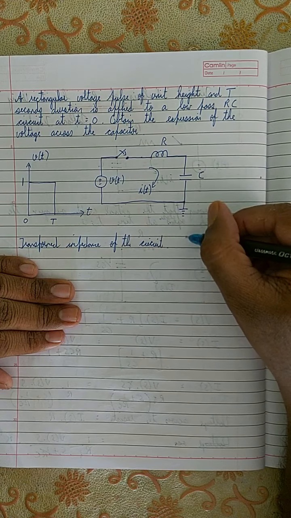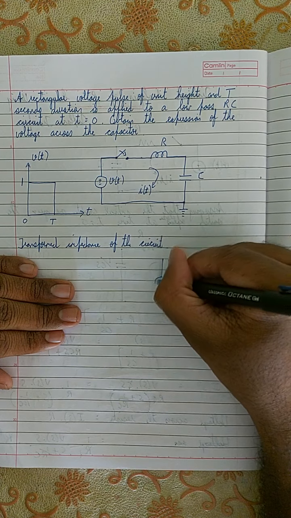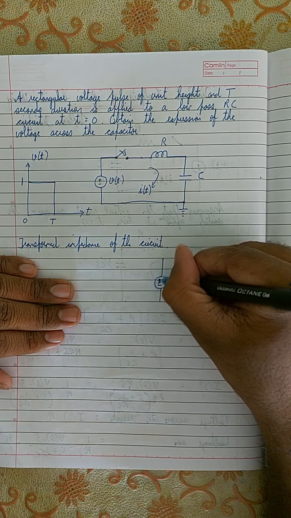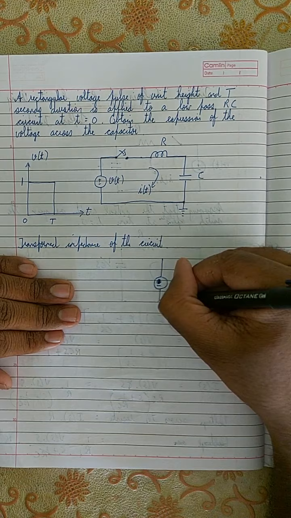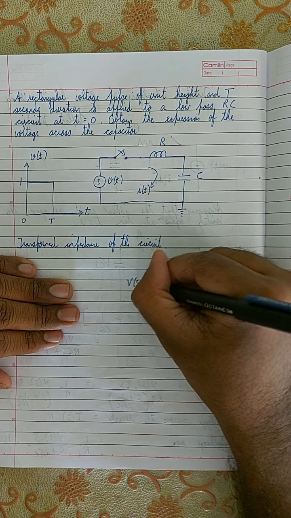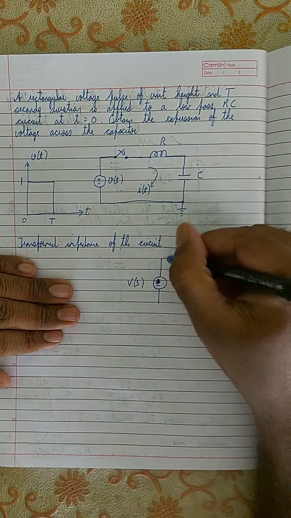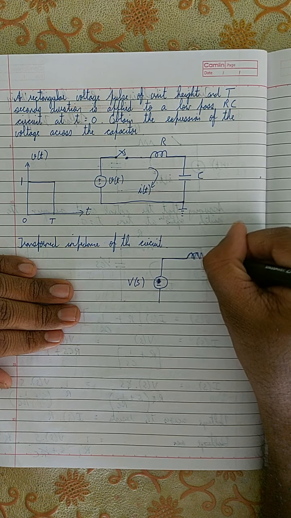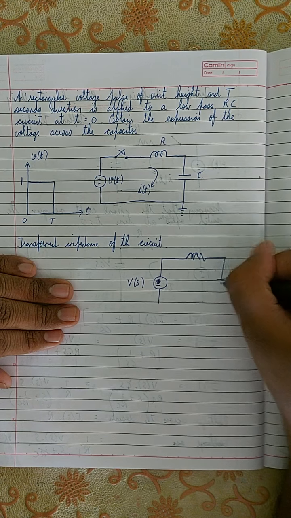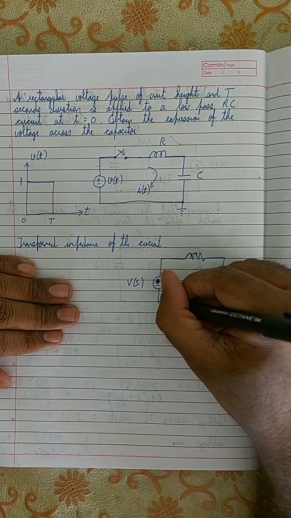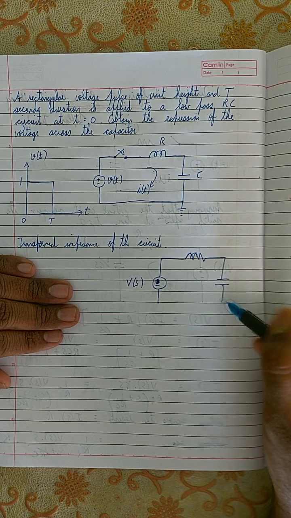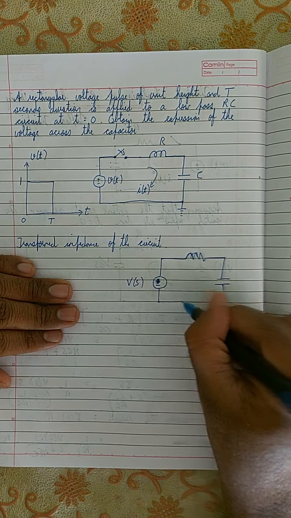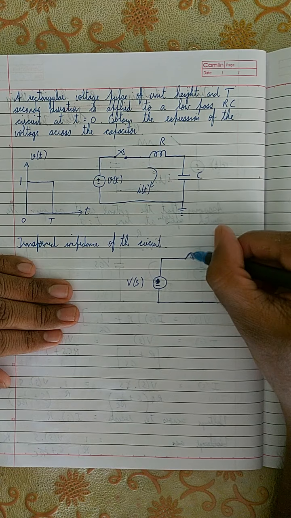You first draw the voltage, and its Laplace transform as V of S. Then you have a resistor, sorry, it should be a resistor with a capacitor. Okay, and there is no voltage source over here, right? Because the initial condition is 0, so there is no initial voltage over here. This is the circuit, the resistor, the